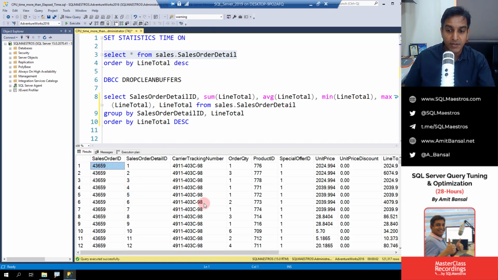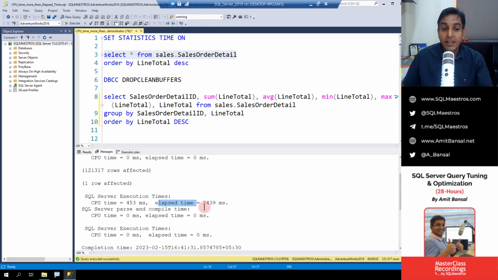I can see, let's say, more than 100,000 records that were displayed in Management Studio. So of course that takes a bit of time. Let's go over to the messages tab here. So we are talking about CPU time versus elapsed time. Now this also means that elapsed time is actually inclusive of the CPU time, which means the CPU time that you're seeing is included in the elapsed time, because elapsed time means the total time your query has spent, and